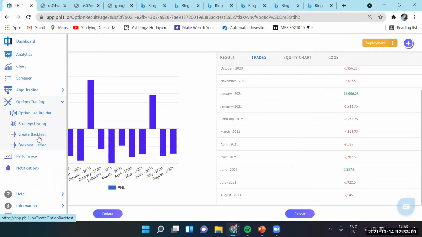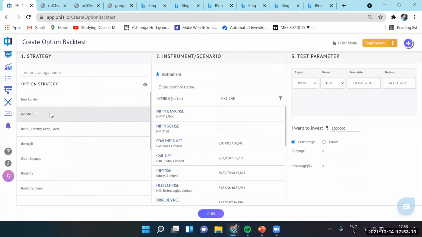Just for our exposure, let's run the same strategy, same modified iron condor on Nifty.